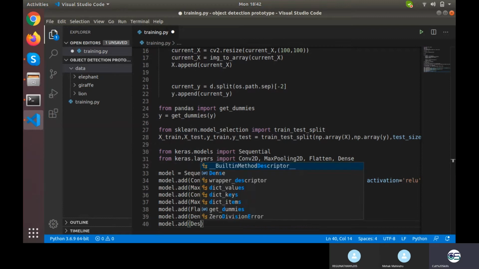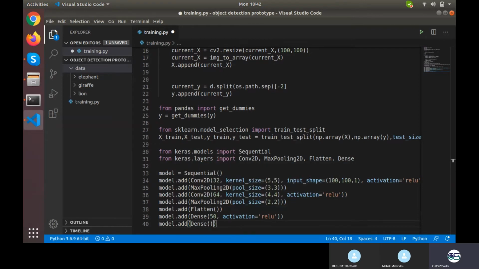So what will be the size of this final layer? What do I need to pass here? 3, I think. So how do you get to know about 3?